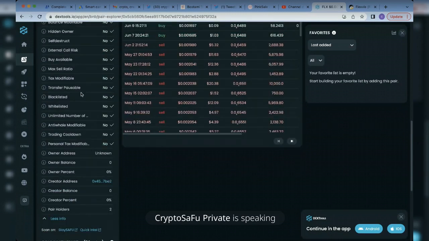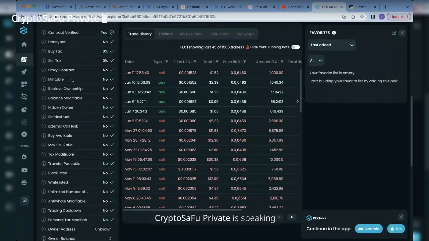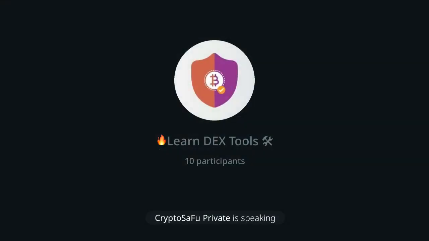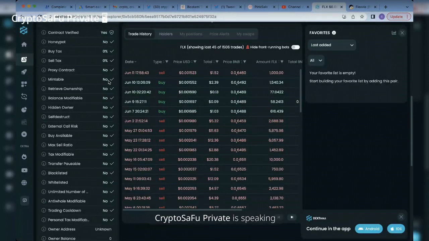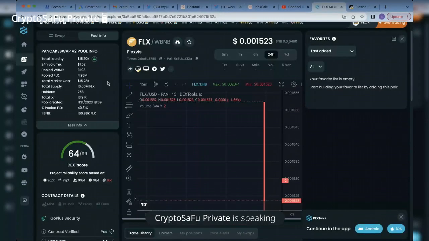And there is another one. A token that is mintable is also sometimes dangerous, because if the project can mint tokens, like now, for example, this contract is such that they can't mint a token anymore, which means we have the total supply. The total supply of this token is 10 million. So it means that they can't mint more than 10 million. But for example, if you scroll down here,